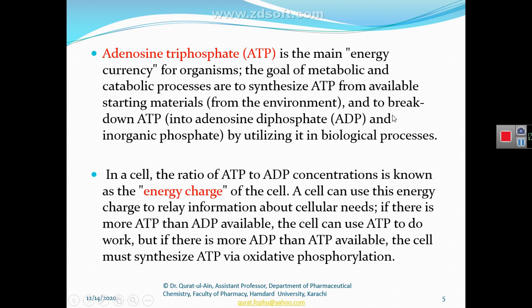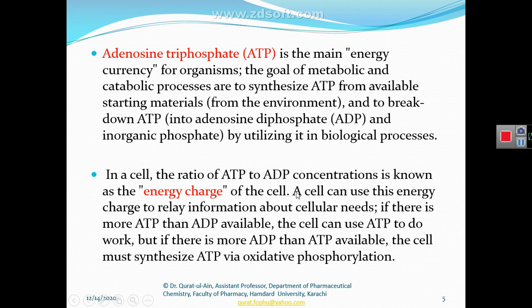So the energy that is produced in our body is produced due to the breakdown of this phosphate group. These phosphate groups are joined in the ATP molecule via phosphoanhydride bonds. Whenever the phosphoanhydride bond hydrolyzes in our body, it produces energy. They release ADP and a phosphate group, and the energy that is released in our body is due to the hydrolysis of the phosphoanhydride bond.